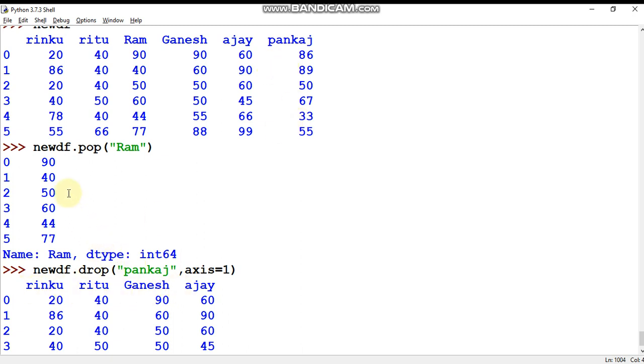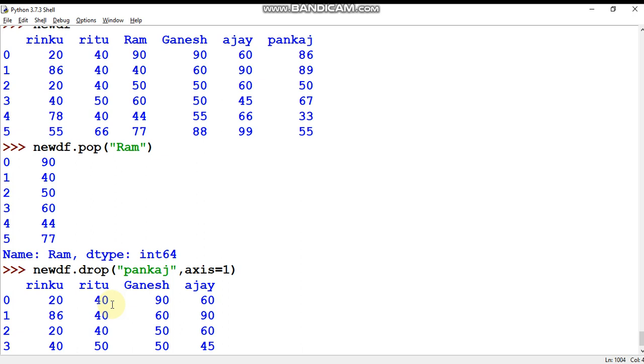So when a question comes, what is the difference between pop and drop method while deleting the column? You can write that when we are using the pop method, the deleted column will be displayed, only the deleted column. But in drop, all the columns will be displayed, only the deleted column will not be displayed.